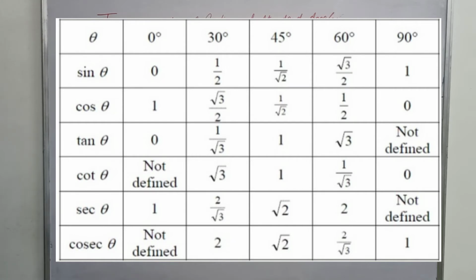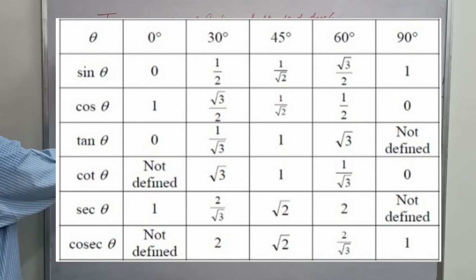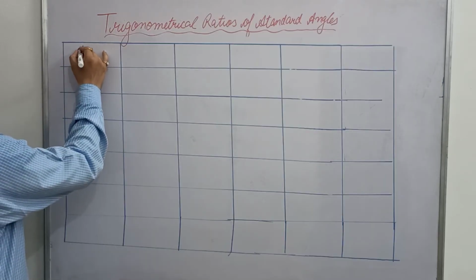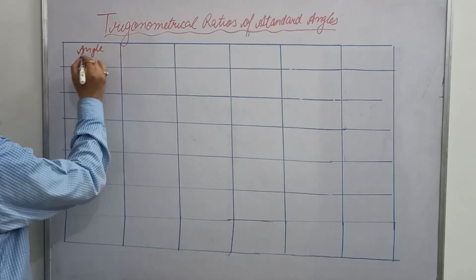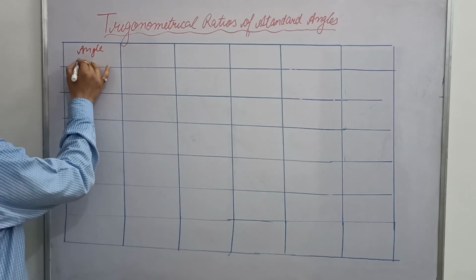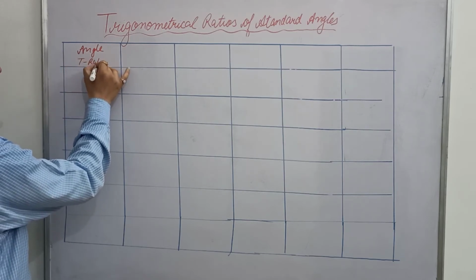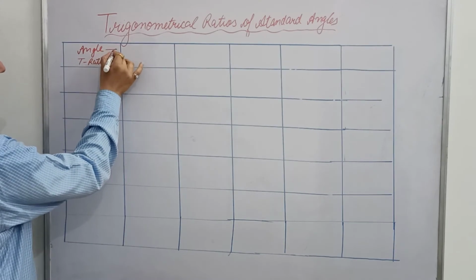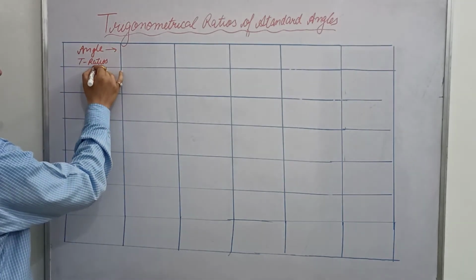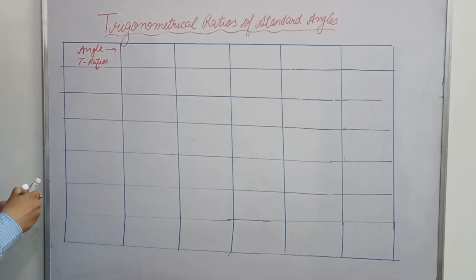How to remember or how to make this table very easily? So let us see. You can write here the angle, and here you can write the T ratios. Angle in the first row, and T ratios in the